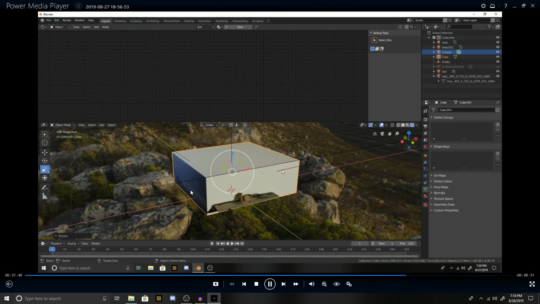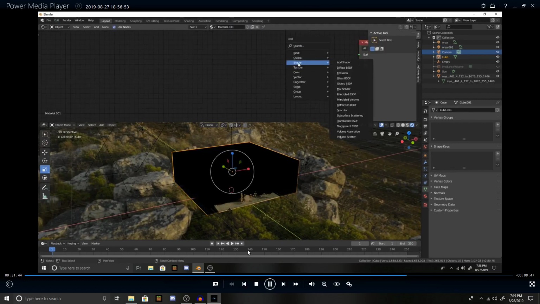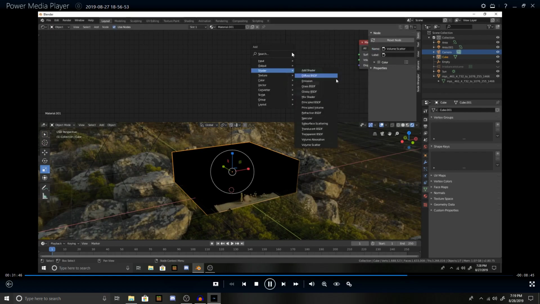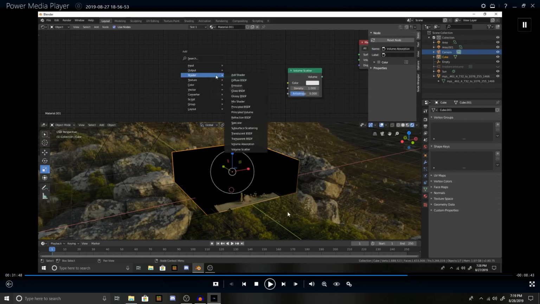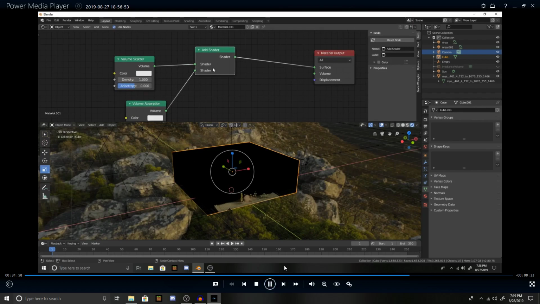And you can see it there still even. So that's actually pretty interesting. But anyways, we delete the principal shader and we go to Shift A, shader, volume scatter and volume absorption, and we set those up together with an add shader. We go Shift A, shader, add shader, and when we add those together we create a fairly decent